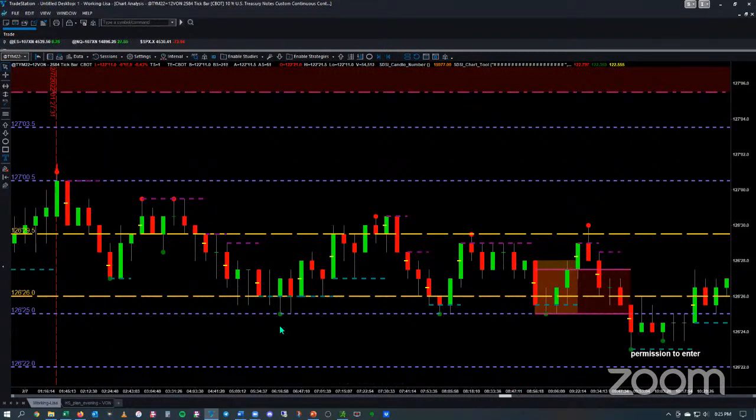Okay, so at this point, we have finally broken through these swing lows, and we now have permission to enter. So it looks like the downtrend is continuing. So again, we hit another band of this sideways activity. And that looks like it goes from what? 1:45 in the morning till what, about